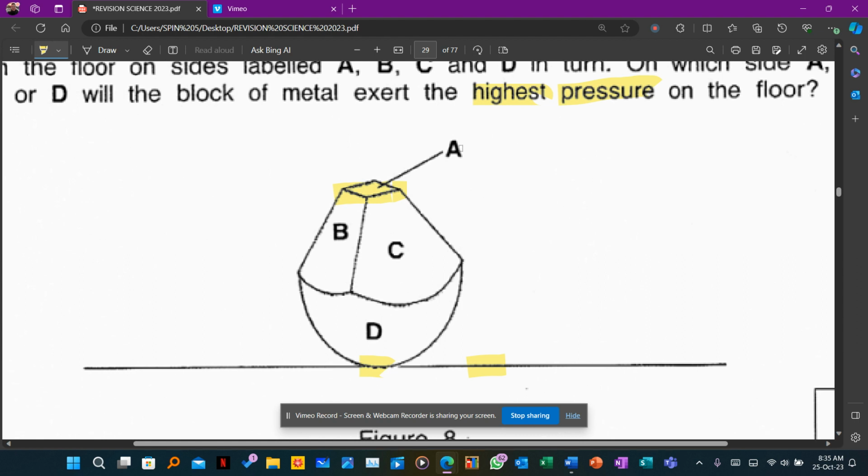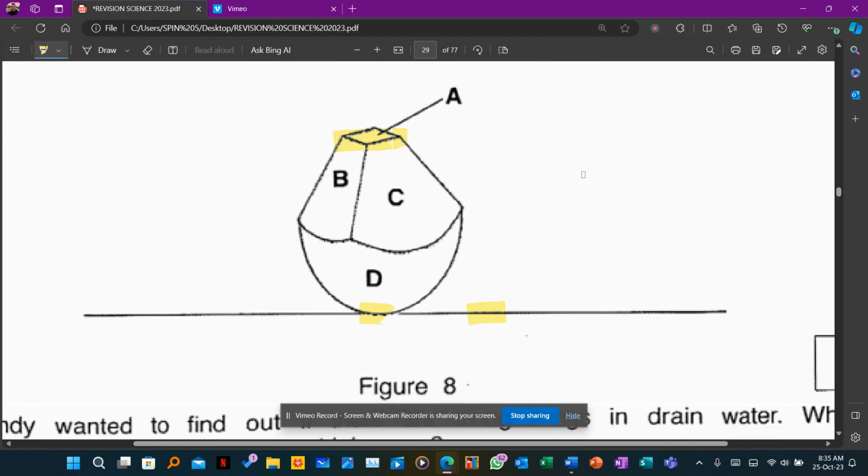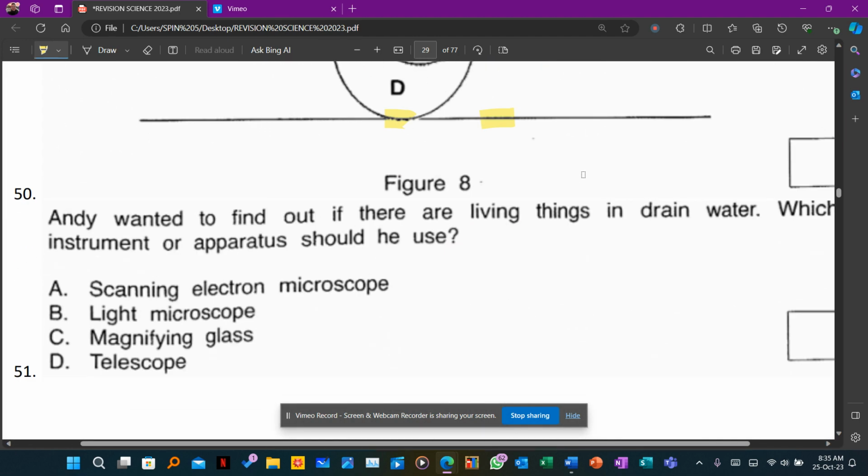For example, if you try to use a knife to cut a paper, the thinner the blade of the knife, the sharper it is. But if you're using a thick blade, it will be blunt. So that's the application of pressure. Okay. Next one,